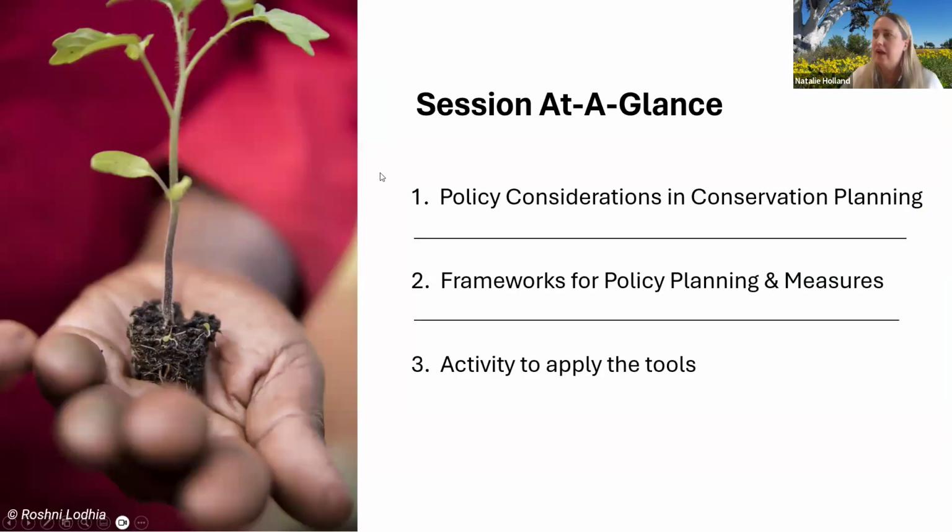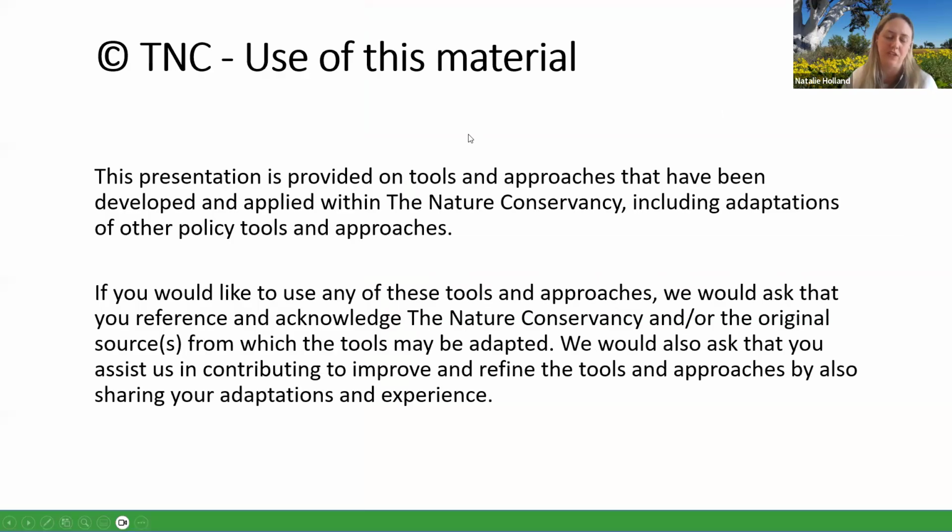Okay, so I just wanted to give you an overview. I'm going to do a couple of things in this session, hopefully time permitting. One is just give an overview of kind of policy considerations in conservation planning generally. The second is introduce you to a couple of tools that we've been using within the Nature Conservancy for thinking about conservation planning. And then thirdly, if we get time, we'll do a bit of an exercise to apply a couple of those